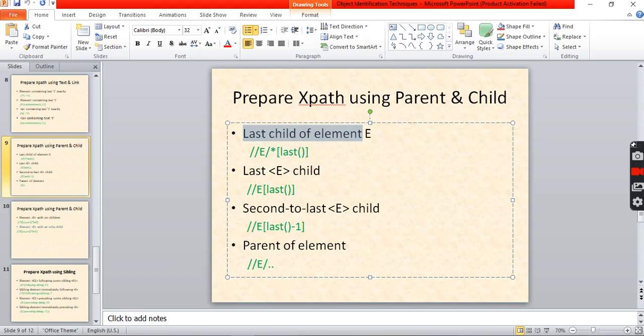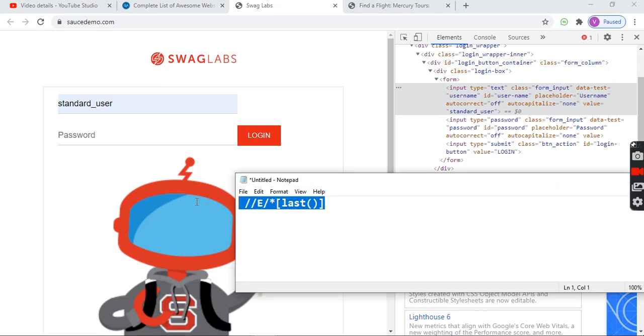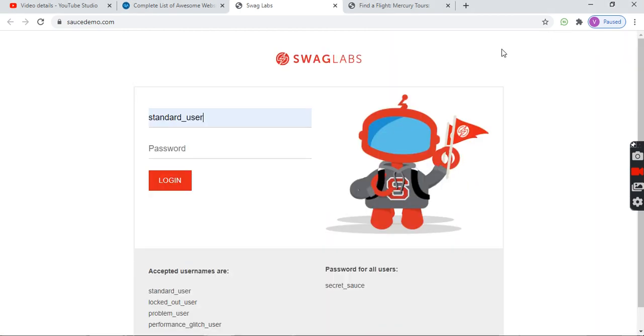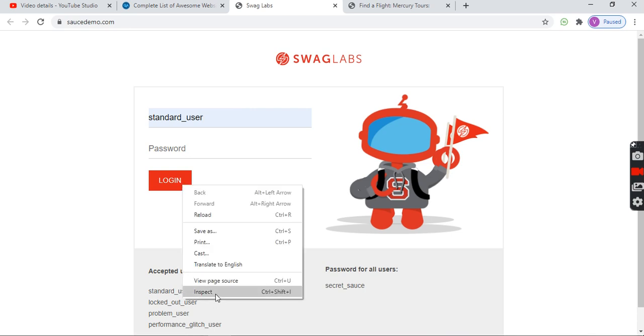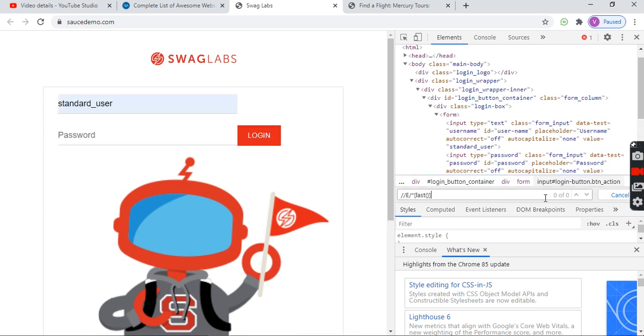First of all, we directly copy and paste this. You already know how to do this: right click, inspect, Control F. People always think there are other useful ways to identify this particular element, so why use this one?